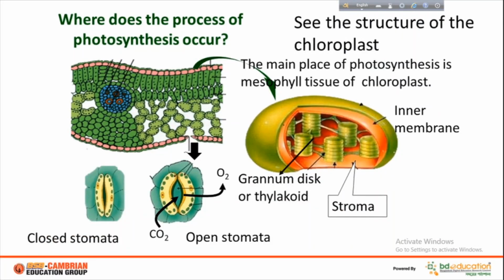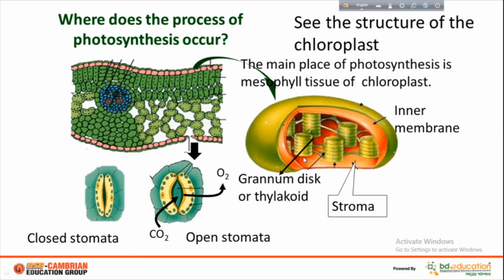We have learned the process of photosynthesis. Plants produce food in the presence of sunlight and chlorophyll by using carbon dioxide and water. But do you know how this carbon dioxide enters inside the chloroplast? This carbon dioxide from the atmosphere is absorbed through the stomata and goes to the chloroplasts. This is the structure of chloroplast. We have learned about this in chapter 2. On the inner membrane of the chloroplast, there are some plate-like structures. Each plate-like structure is known as granum disc or thylakoid. And this is the site of